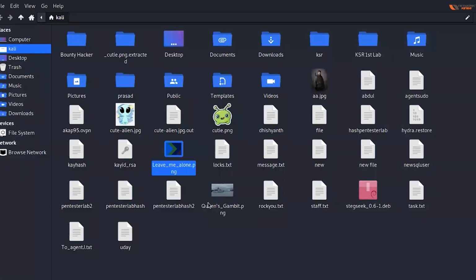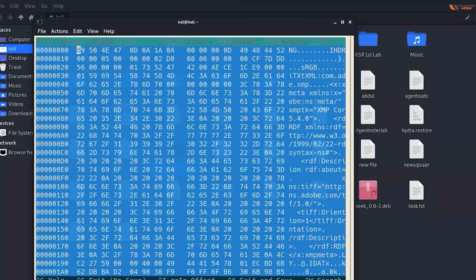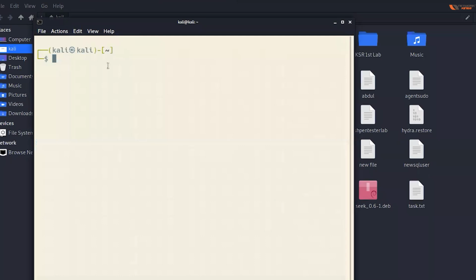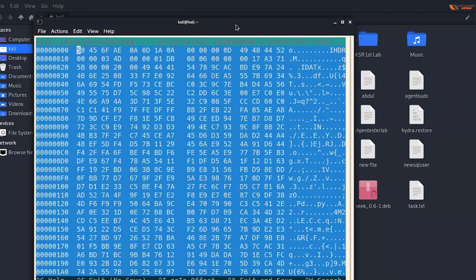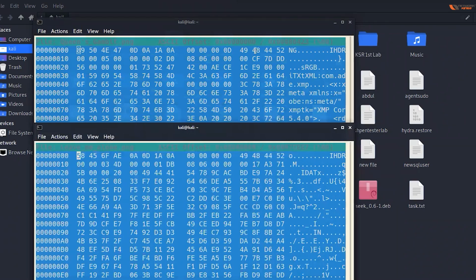Wait. This one has come up. And I'll open one more terminal now and write hex editor leavemealone.png. And now if you compare it, you will be able to see